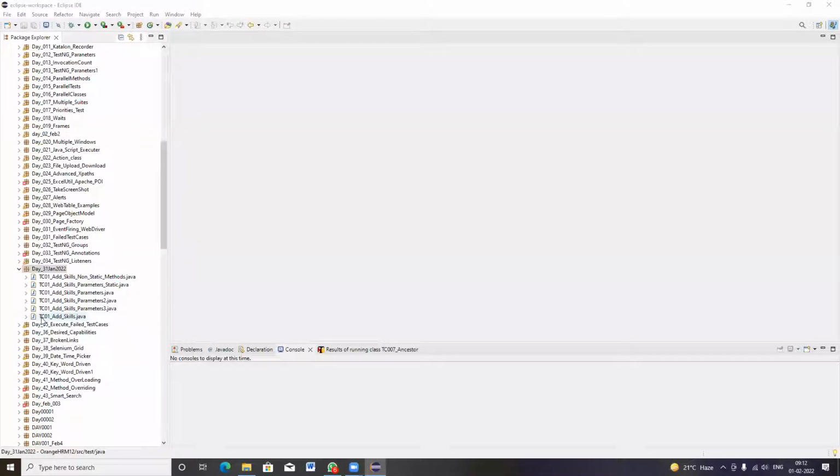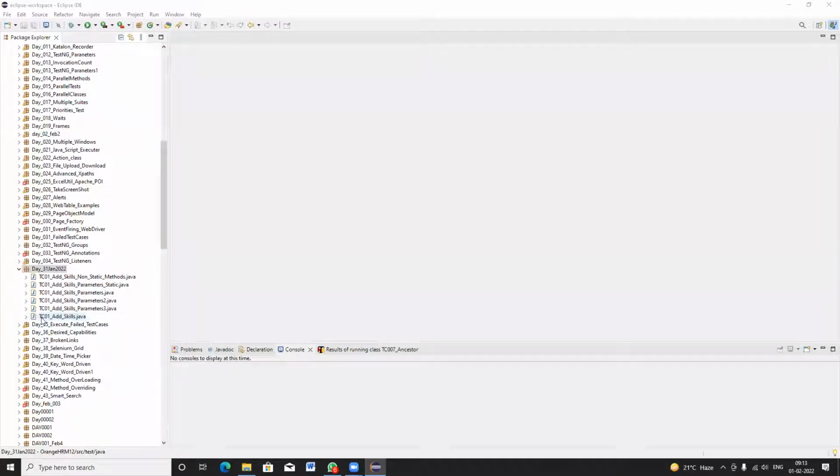Okay, and so in last class we discussed data provider. What is meant by data provider? Anybody? Data provider means we need to execute the program with multiple inputs at test runtime. The concept of data provider is that it provides data to the test. Your test will be executed multiple times for different sets of input data. Okay, that's what we understood.